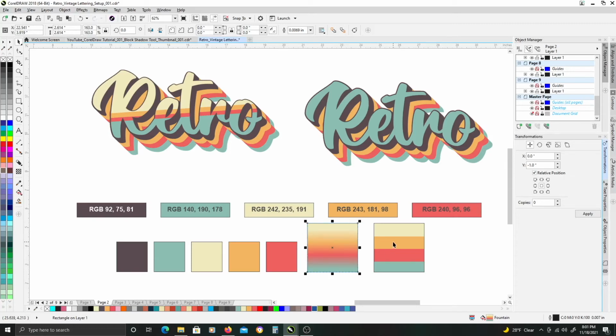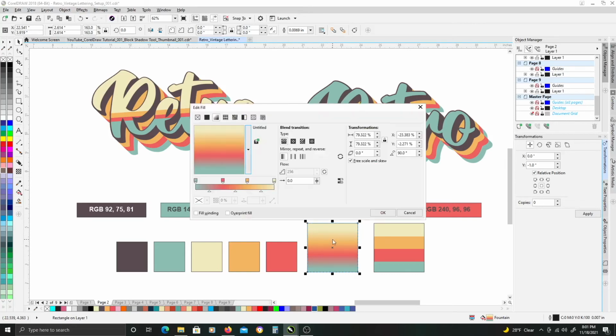The look we're going for is this one on the right that has hard edge steps between each color. In order to get that look, you take the standard gradient, and if you hit F11 on your